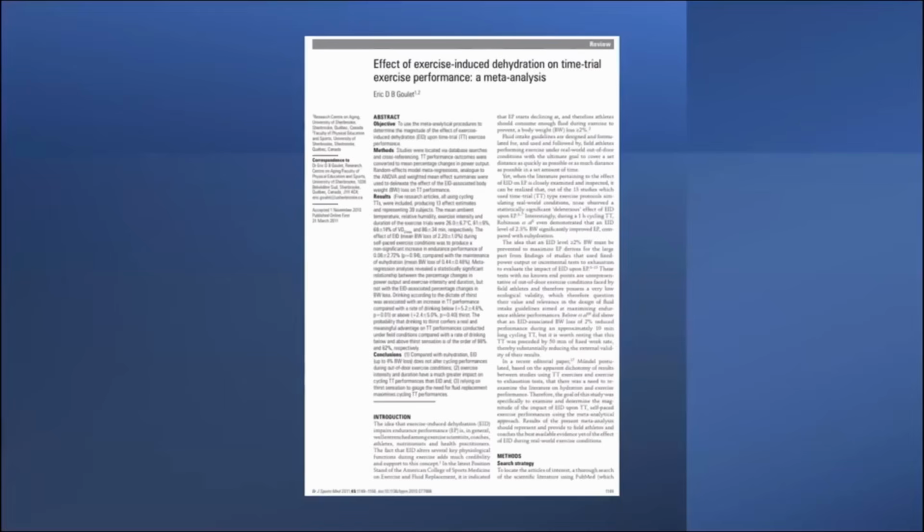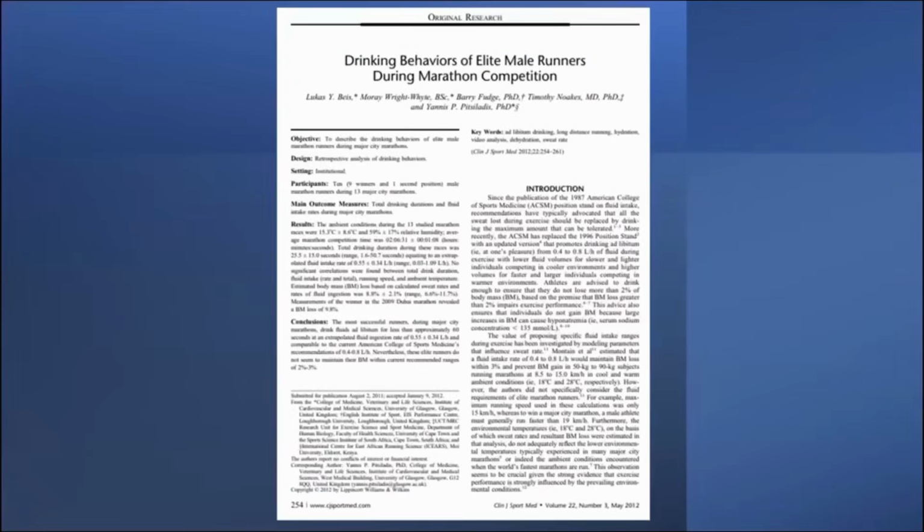So, first of all, this meta-analysis concluded that up to 4% body weight dehydration didn't alter cycling performance. And this study was quite interesting. So they looked at 13 international marathons, and they looked at the weight loss in the winners. And the minimum body weight that they actually lost was 6.6%, which tends to suggest if you're not losing at least 5% of your body weight, you're probably not going to win a marathon, which is quite interesting.